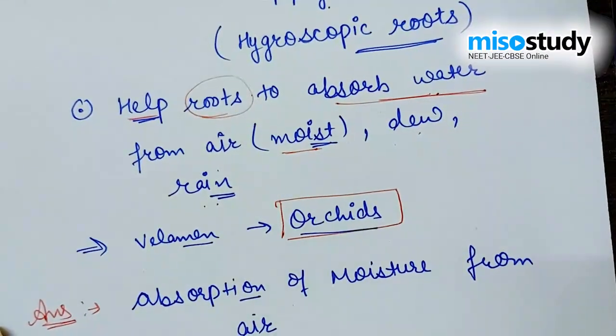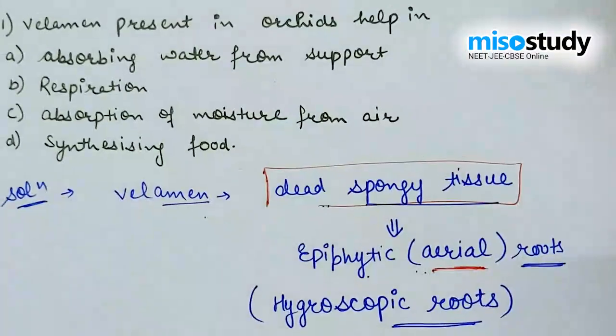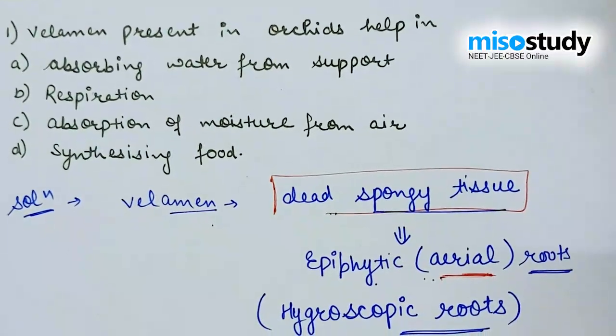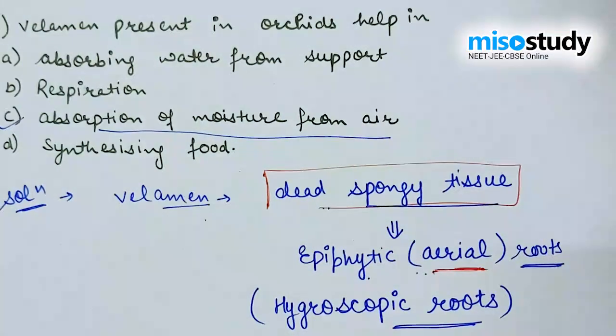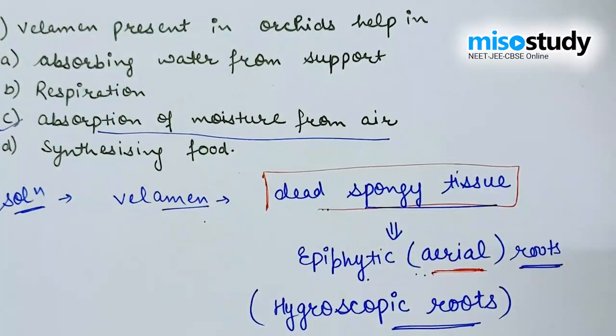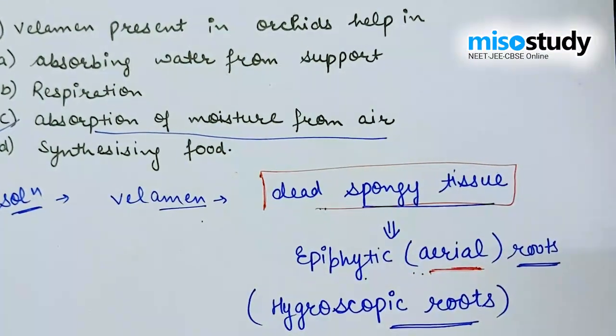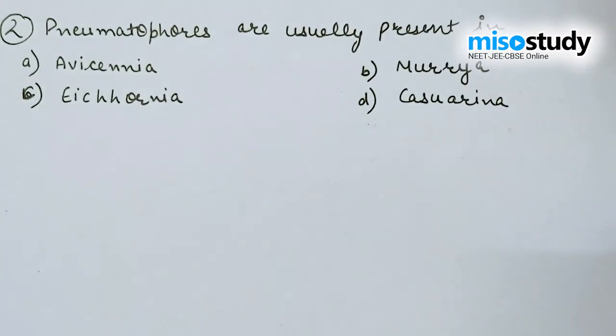According to the discussion and the answer, let's mark the right option. In this question, option C, that is absorption of moisture from air, is the right answer. Let's discuss the next question. The next question is,